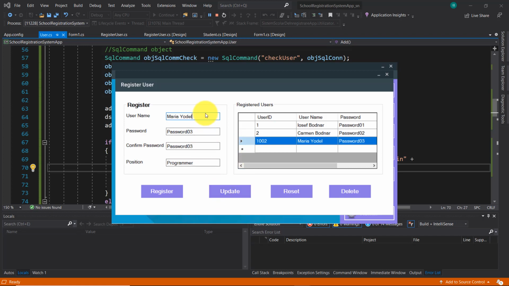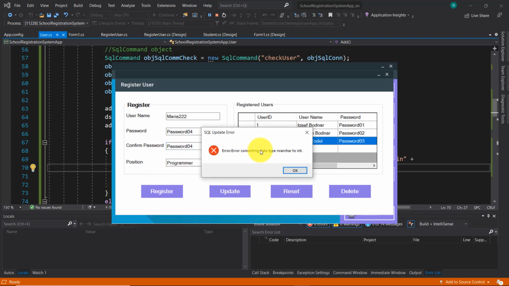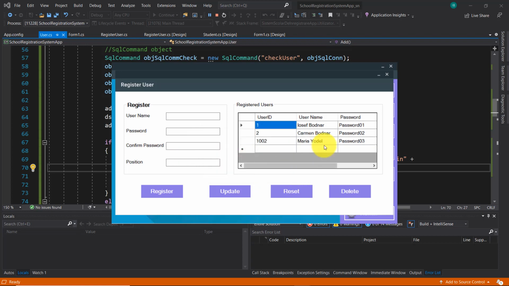But let's try now to update this Maria Yodel user. That means we have to change the username as well. Maria 222, password password 04, password 04. Update. Let's see what is the matter here. Converting data type varchar to int. Okay,